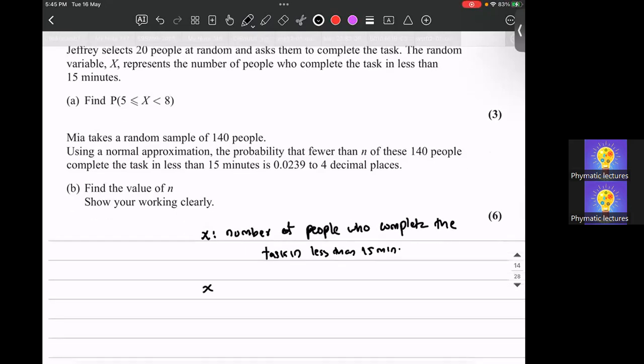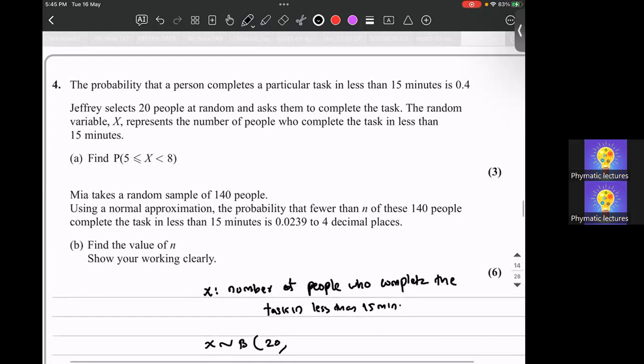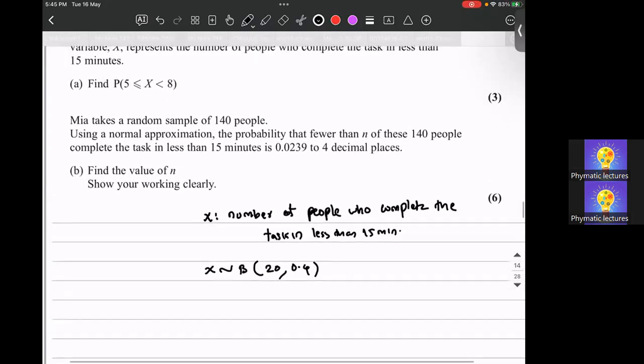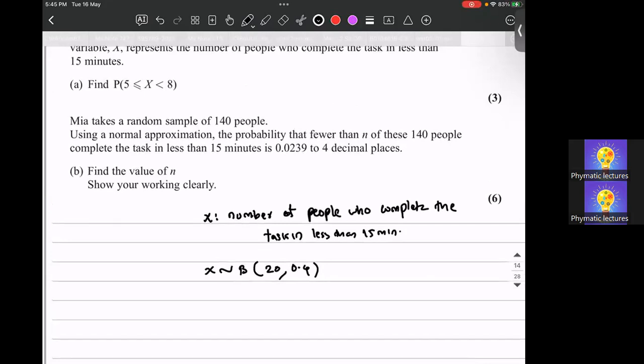And how is this x distributed? Binomially distributed. We will be interviewing, Jeffrey selecting 20 people, correct? Therefore n is 20. What is the probability of doing this task in less than 15 minutes? That is 0.4. So x is binomially distributed with 20, 0.4. Therefore, the probability of x in between